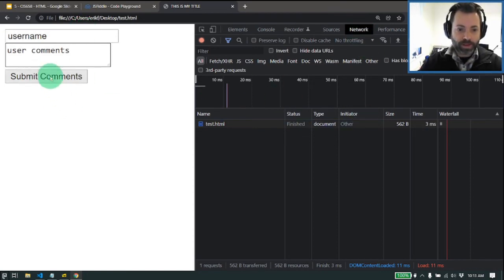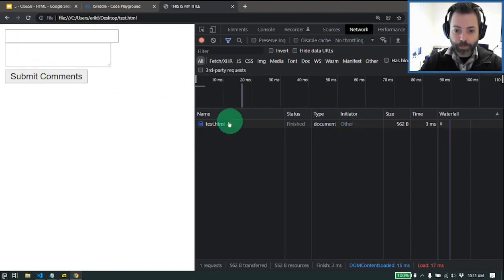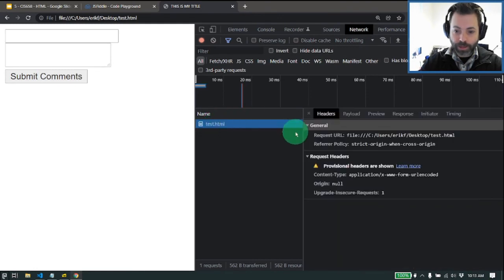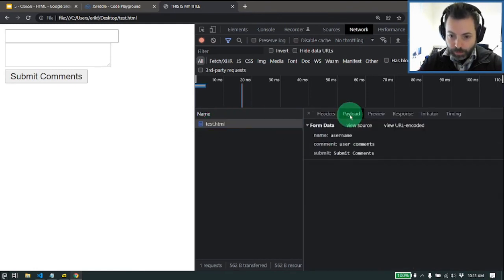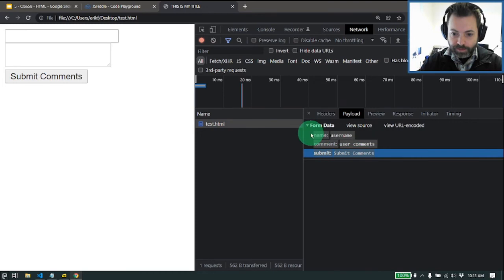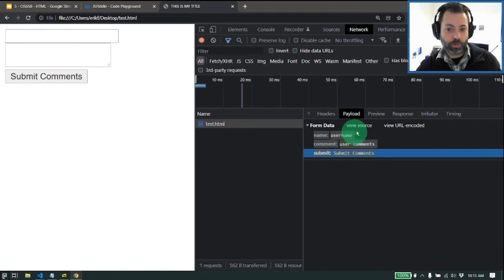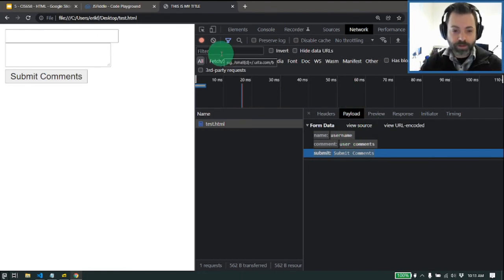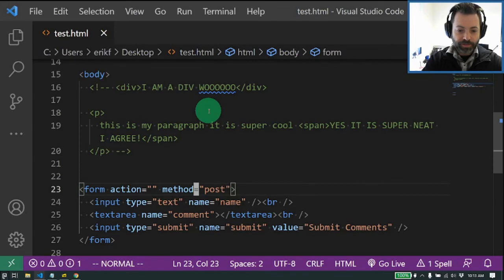And I've got my network tab open here. I'm going to click my test page, and I'm going to look at the payload, and here is my form data. Okay, username, comments, right there. That's where I said before, you can just view these if you want. It's not strictly hidden. If we change this to get,